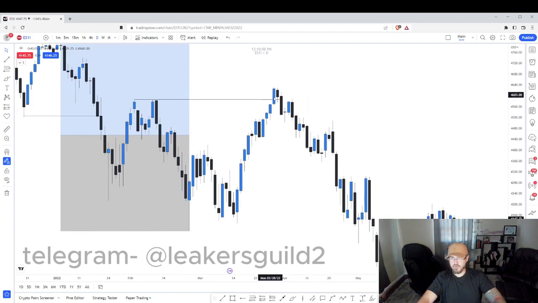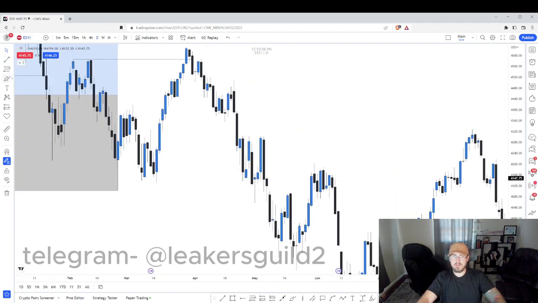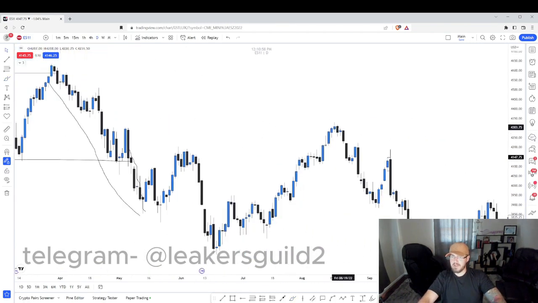So that's where the true move is, and then now you look at this. Is this displacement? Absolutely. It gets a little choppy right around here, but then you have this massive gap down and a push. That shows the market is going lower, right? And then if we look at the next leg in price,